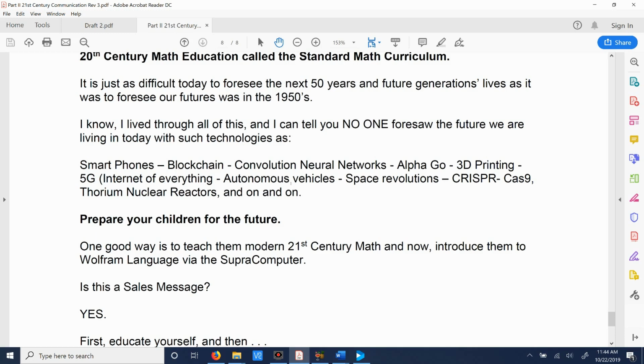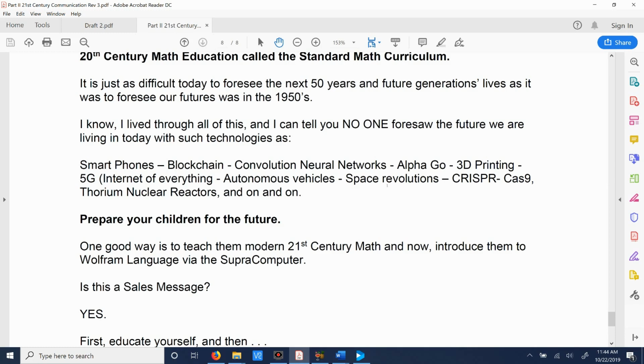Tesla. Tesla's way out ahead of the others, and I don't know what's going to happen with it, but it's predicted that within a few years, humans won't be driving cars anymore. Human-driven cars will become as obsolete as horse and buggies, because autonomous vehicles are much safer than human-driven vehicles. Much safer. No comparison. Not to mention then the convenience of it. Uber will not have human drivers. It'll be autonomous, and this is going to revolutionize things in many ways. Space revolutions are happening as we speak.